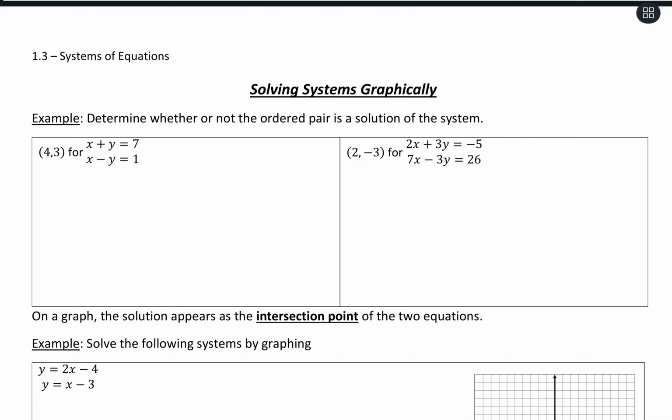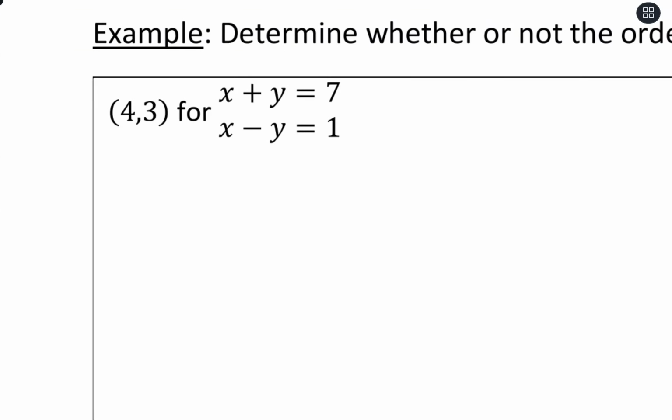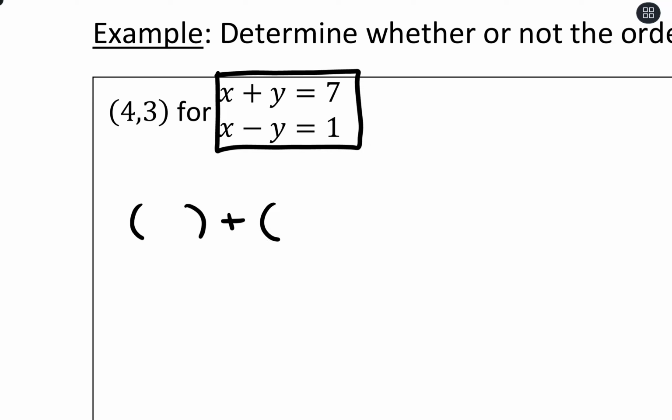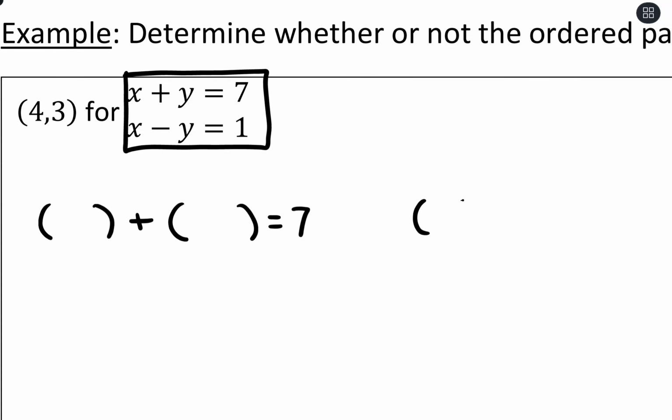solution to the system. So in this first case, our system of equations is that x plus y is equal to 7 and x minus y is equal to 1. So what we're looking for is a coordinate that satisfies both of those equations. So what we would do is plug in. So we have x plus y should equal 7, and then we should also have x minus y equals 1. So what we're going to do is plug in 4 for x